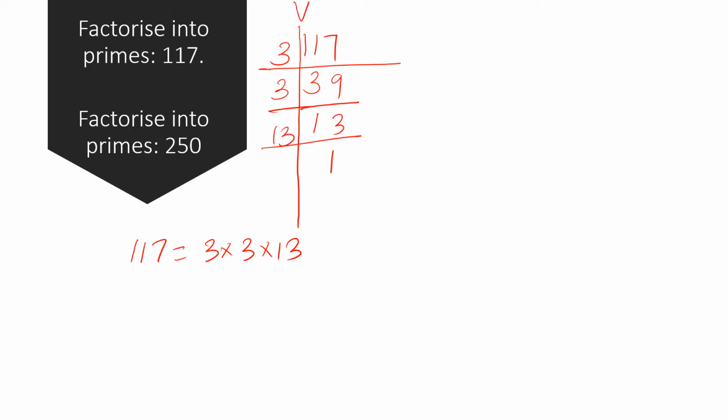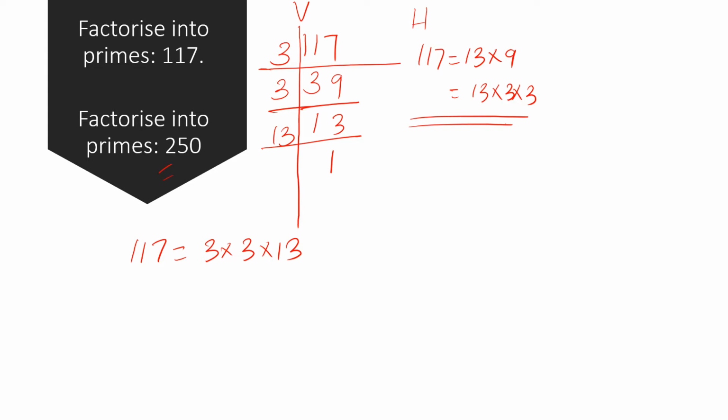This is the vertical method. If you think about the horizontal method, then also 117 is equal to, as it is divisible by 9 or 3, we will divide it with 9 or 3 and we will write 13 into 9. We will write 13 into 3 and we get the same.